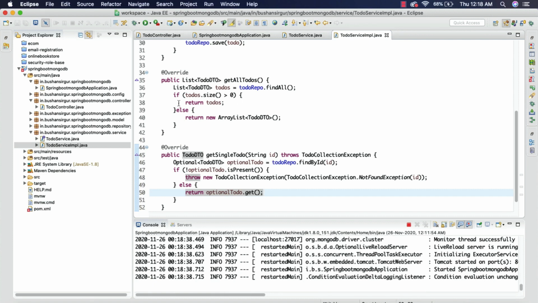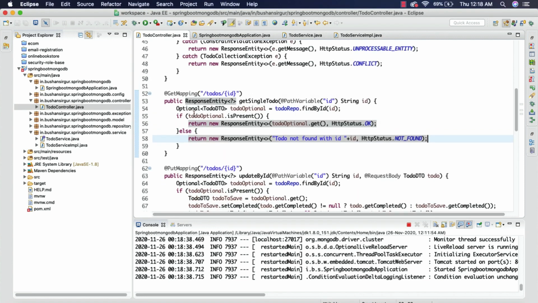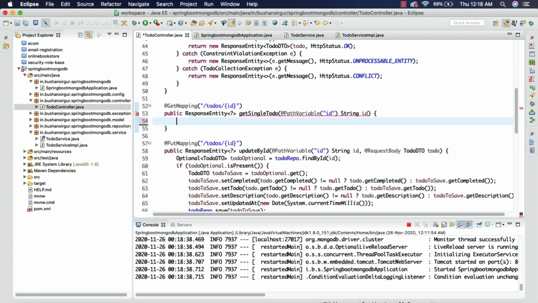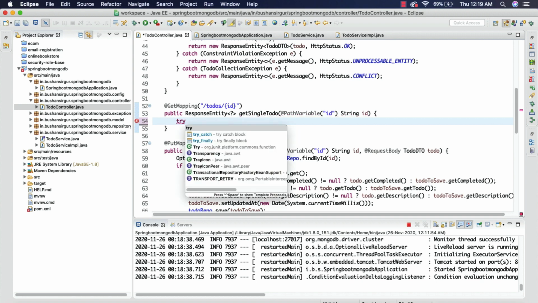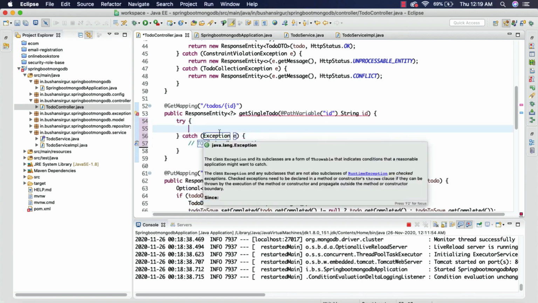So all we need to do is refactor our request mapping. So let's go to the controller, and we have this get mapping. What I'll do is get rid of this code inside this try catch block. Inside the try block, I'm going to make use of this to-do service to call the service method.